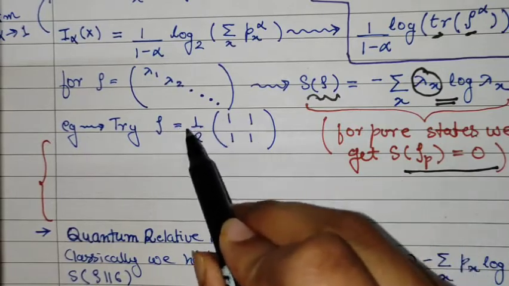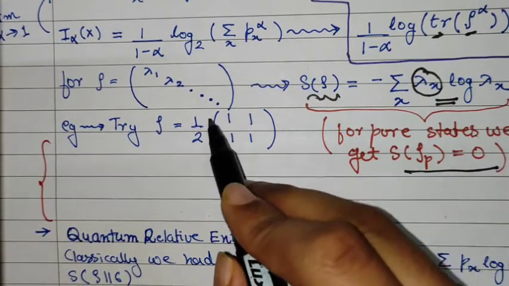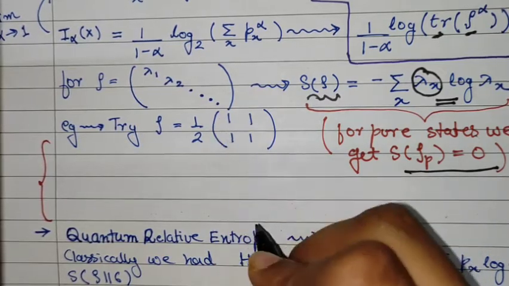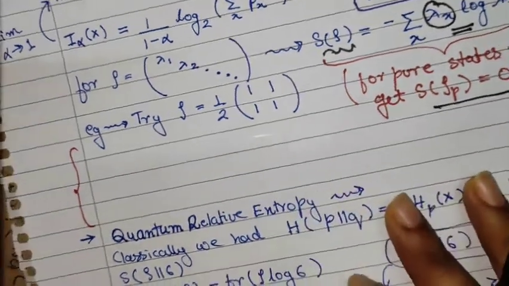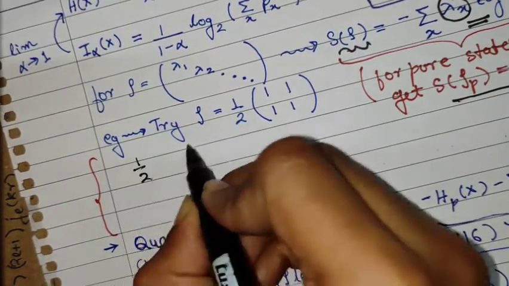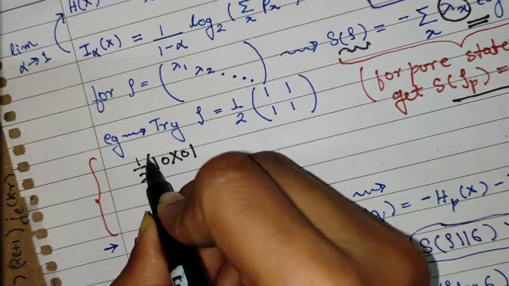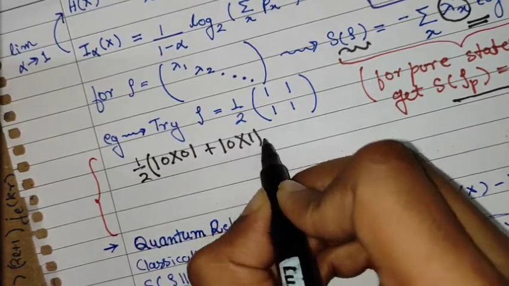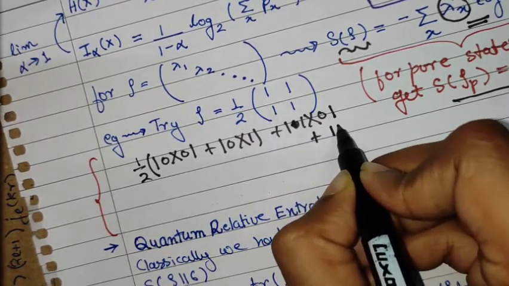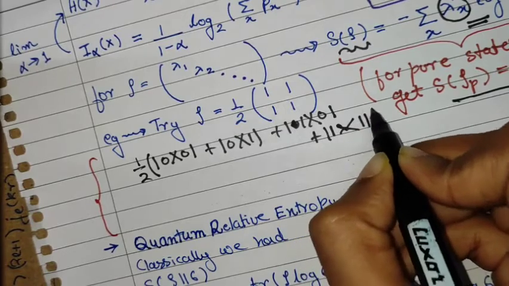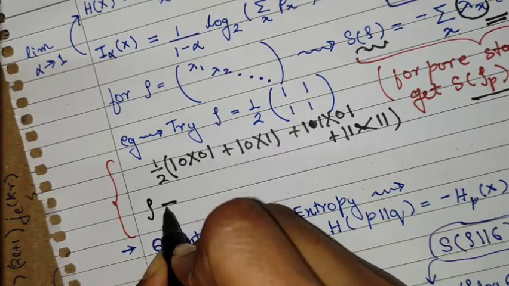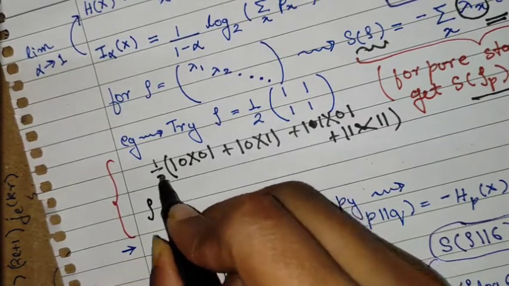Let's try for this state. Now we can approach it by using the linear algebra pathway of diagonalizing this matrix and finding its eigenvectors, but we can also see something else. You see, this matrix representation is actually half times the matrix with entries 0 0, plus 0 1, plus 1 1 0, plus 1 1. That is clear. So matrix rho is actually of this form.